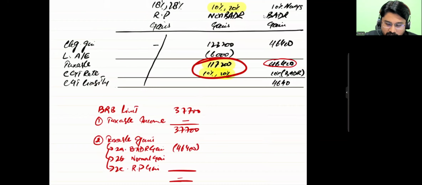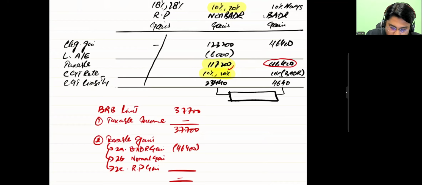It means now the person's status is a high rate taxpayer, and for any person who is a high rate taxpayer, the capital gain tax will be 20%. So 117,200 is multiplied with the tax rate of 20%. So 23,440 is the resulting amount. And if you add both these values, the total CGT liability will be calculated as